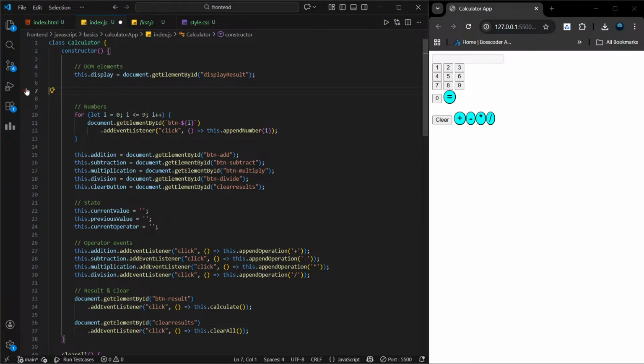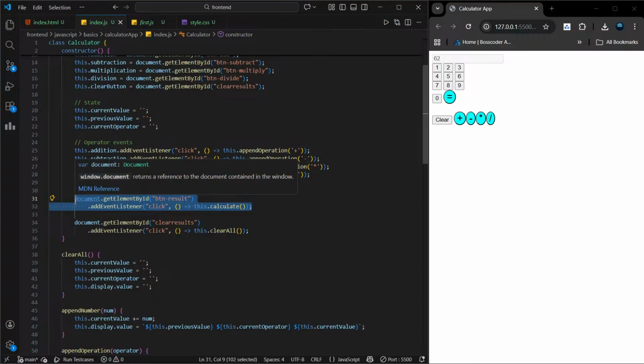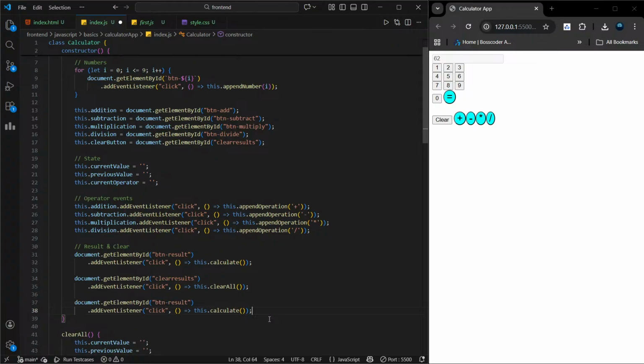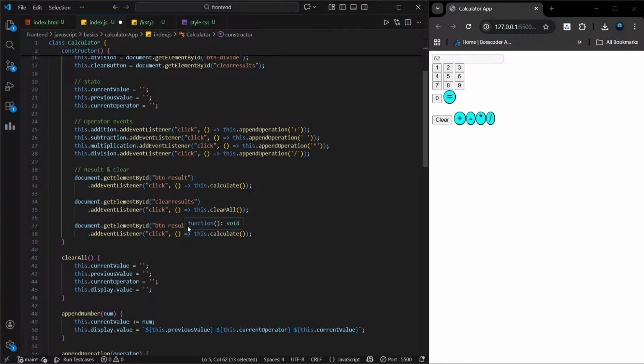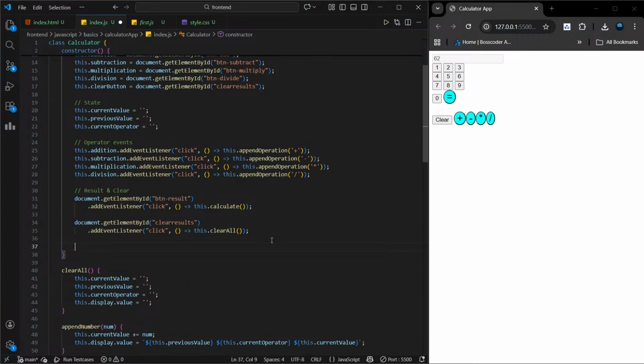ओके, सो रिज़ल्ट मैंने यहाँ पे ले लिया है। बिल्कुल, अब जब तुमने रिजल्ट और क्लियर को भी नीटली हैंडल कर लिया है तो तुम्हारा पूरा सेटअप काफ़ी साफ हो गया। अब बस धीरे धीरे कैलकुलेशन लॉजिक को और रिफाइन करते जाओ, और जब चाहे किसी भी डिज़ाइन पैटर्न को अप्लाई करना तुम्हें आसान लगेगा। सो मैं यहाँ पे डिस्प्ले रिज़ल्ट के लिए भी ये चीज़ कर लेता हूँ। ओके, डिस्प्ले रिज़ल्ट में तो मुझे कोई भी चीज़ करने की ज़रूरत नहीं है वैसे। इवेंट लिसनर कुछ है नहीं।